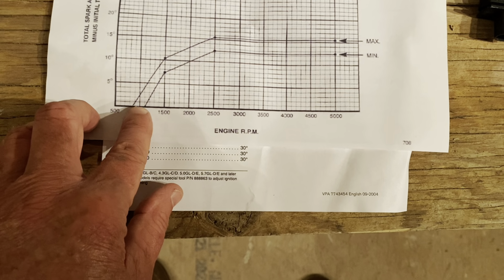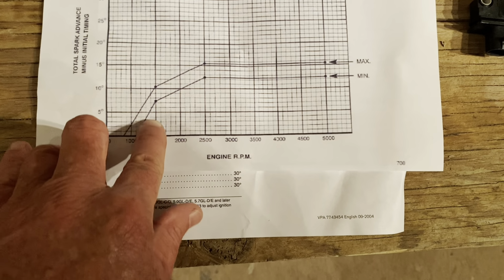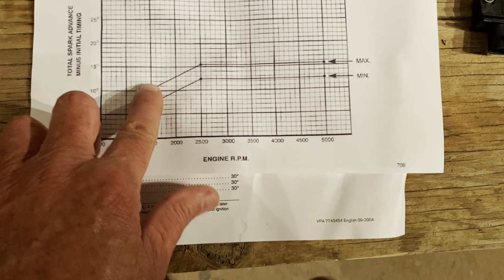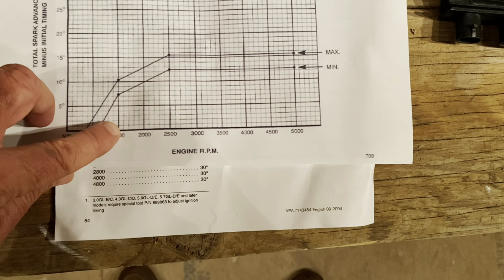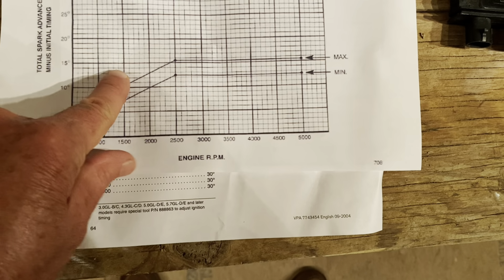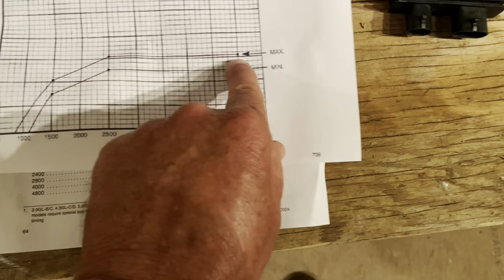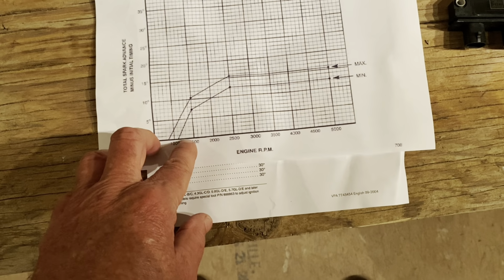It'll be 0 all the way to about here, about 1500. And at 1500, it'll jump straight up to about 13 degrees, somewhere right about here. So it'll almost be a square. It'll be 0, jump straight up to about 13 degrees at 1500, and it'll be 13 degrees flat all the way across. All right, so the way you set timing on a car or truck is you don't use the